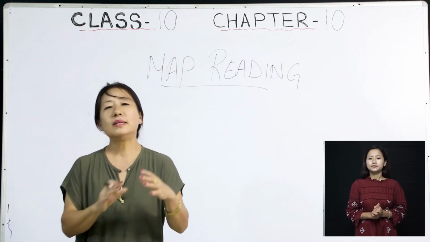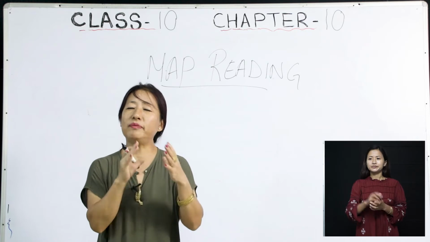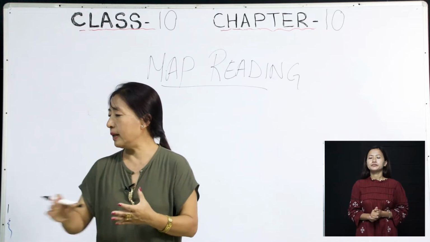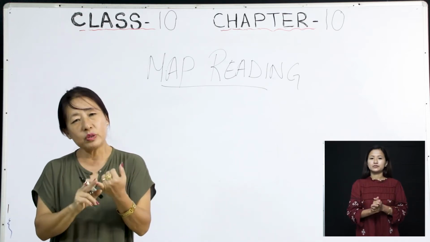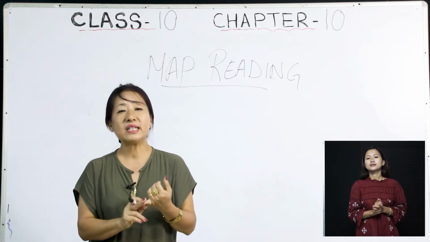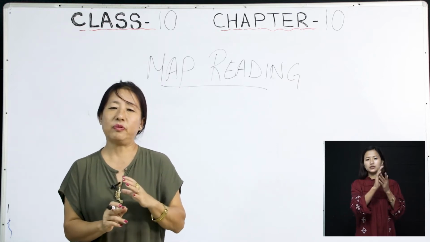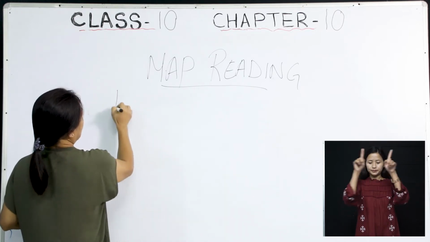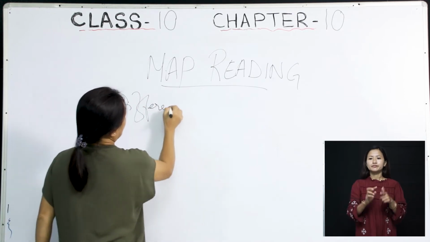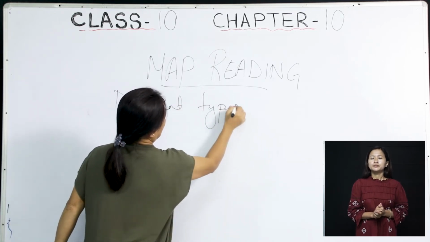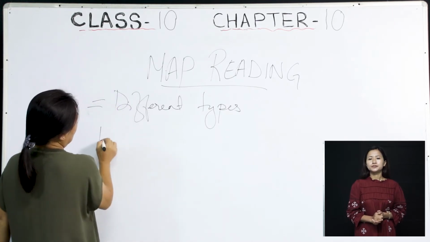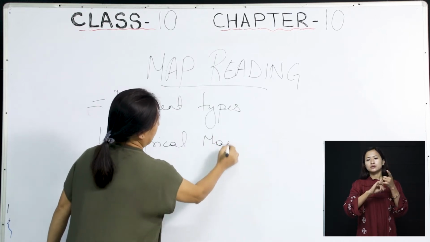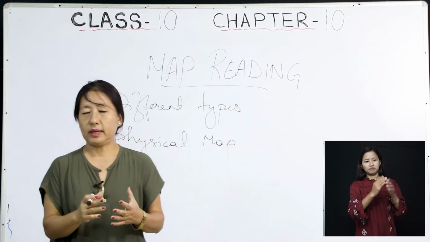Now coming to the map. Apart from this definition, we have different types of maps. So let's go into it. The first one, we write it here, the different types. The first one we call the physical map. Now, when we say physical,